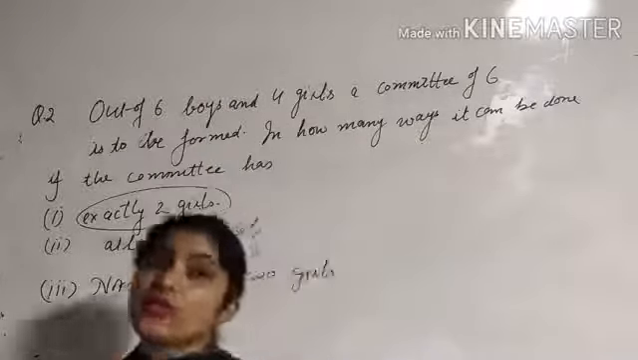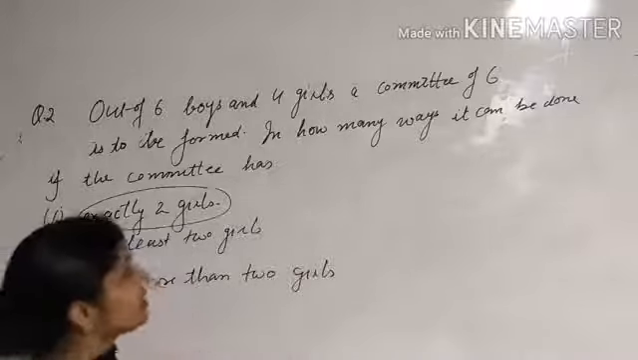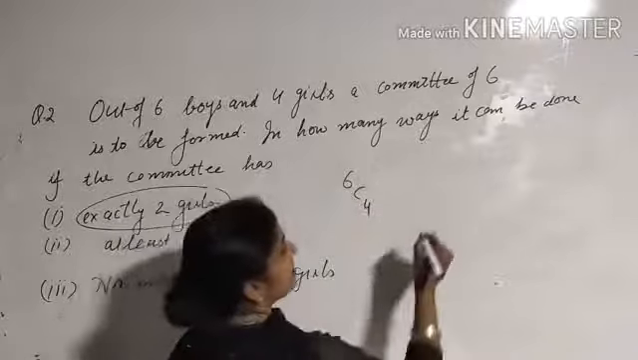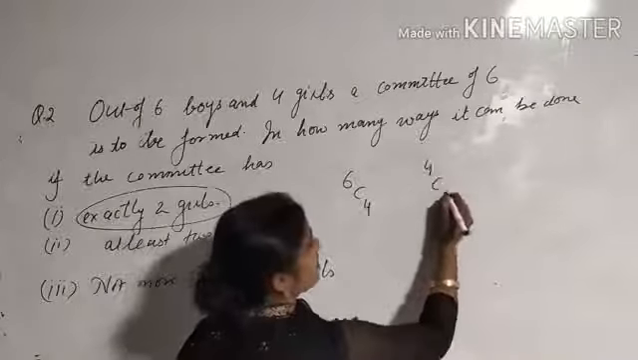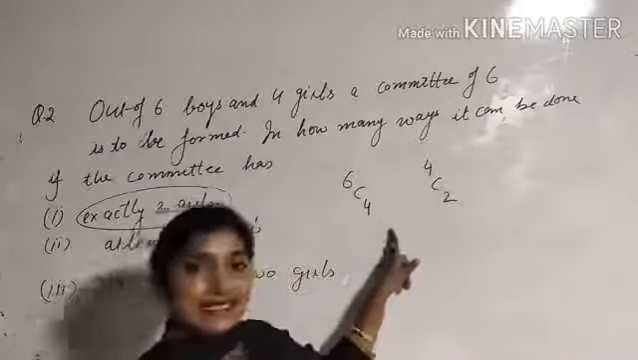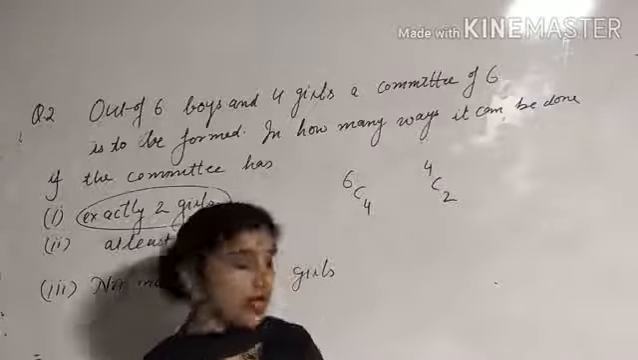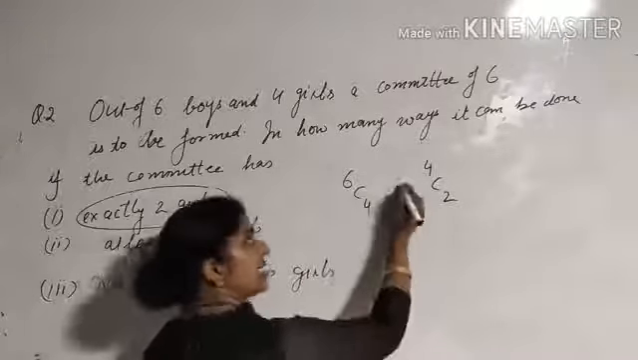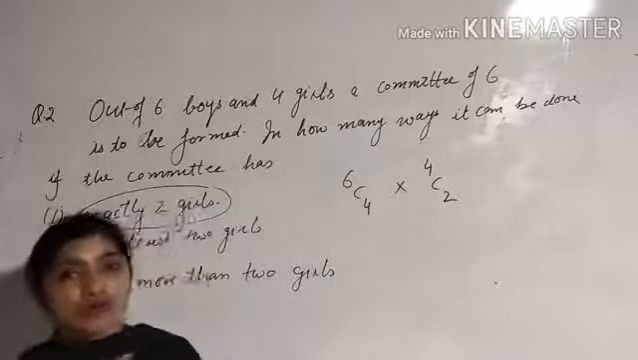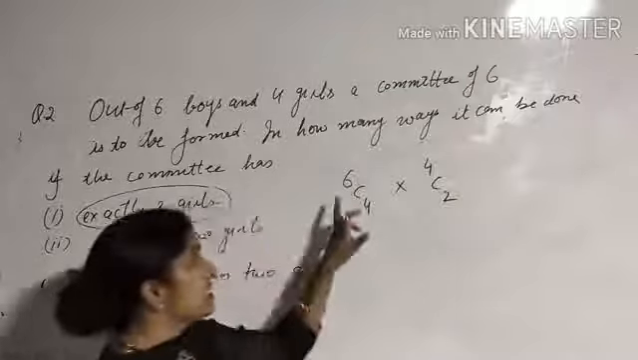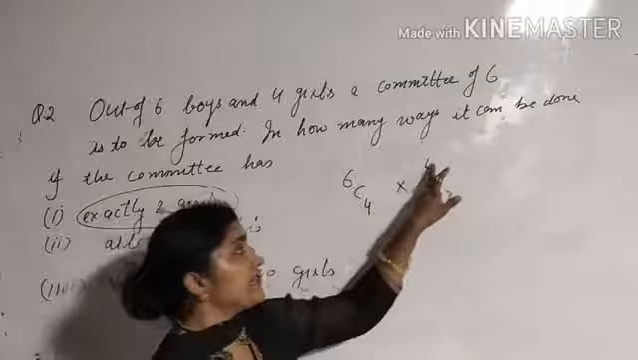So this is like 2 events. Again, one is to select boys, 6 C4. Another is to select girls, 4 C2. One event is this, another event is this, and by the fundamental principle of counting again, as both the events have to be done, the total number of possible ways of selecting exactly 2 girls is 6 C4 multiplied by